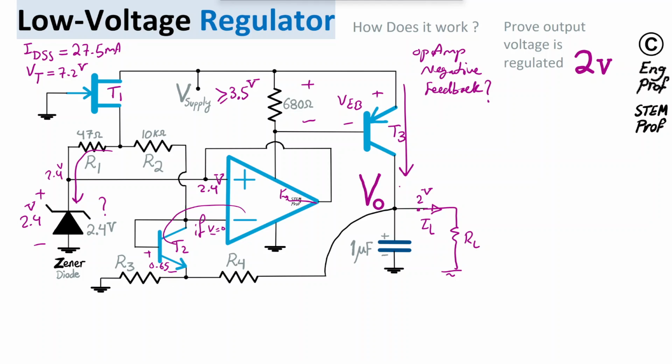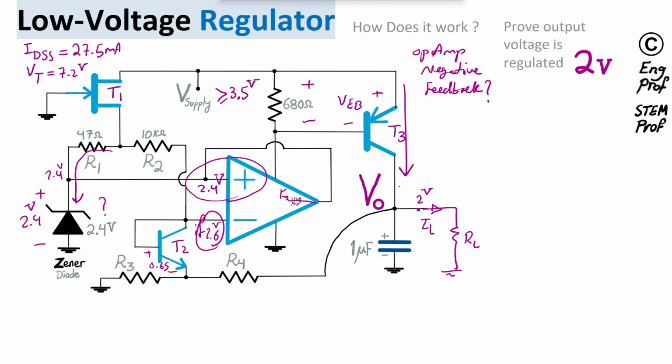then the voltage at the negative terminal also starts increasing and catching up, so that then we get a match for the 2.4 volt that is forced at the positive terminal. So we can see that the circuit actually works as a negative feedback. Positive terminal above negative, then negative terminal tries to catch up. Now, if it is the other way, let's say negative terminal slightly becomes more than positive terminal, say 2.6 volt